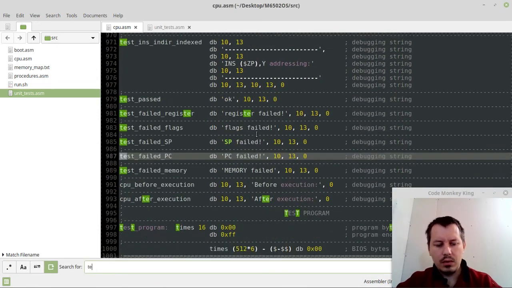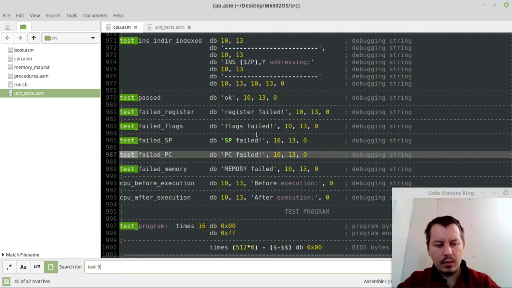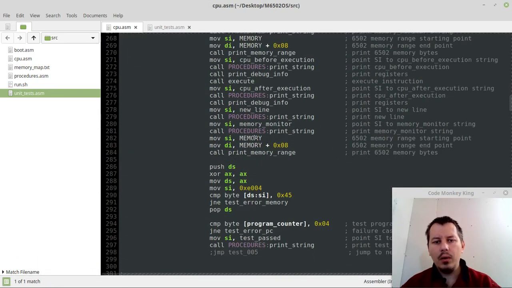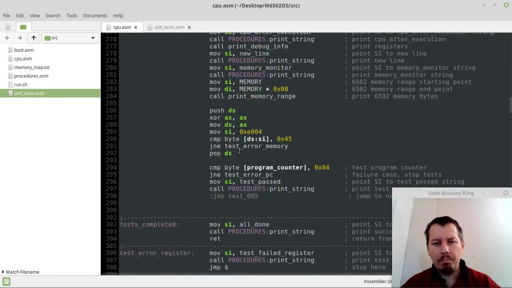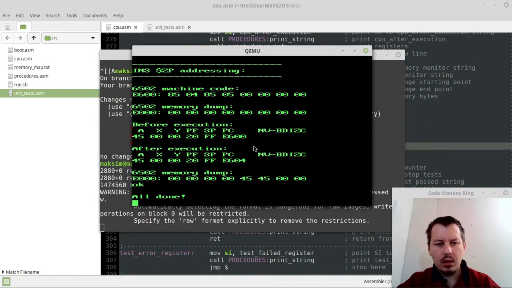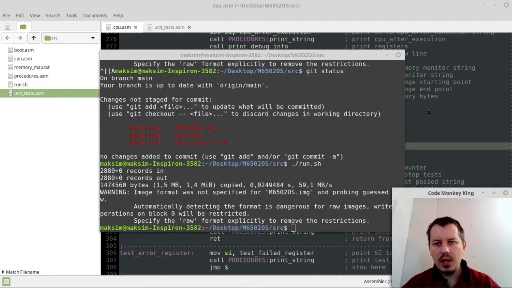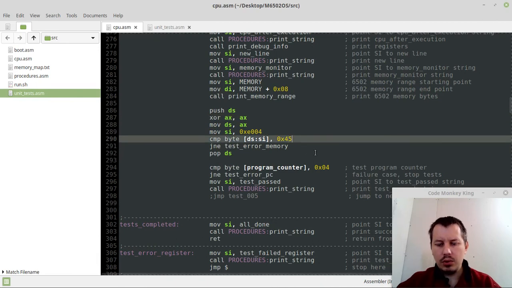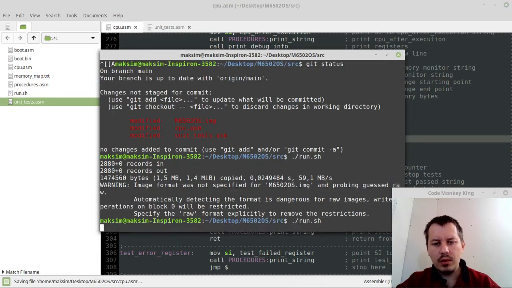Okay. So let's go to tests back 001. Okay, so jump not equal. So let's try and run this again. So far so good. But let's say we try to compare with somewhat a different value,